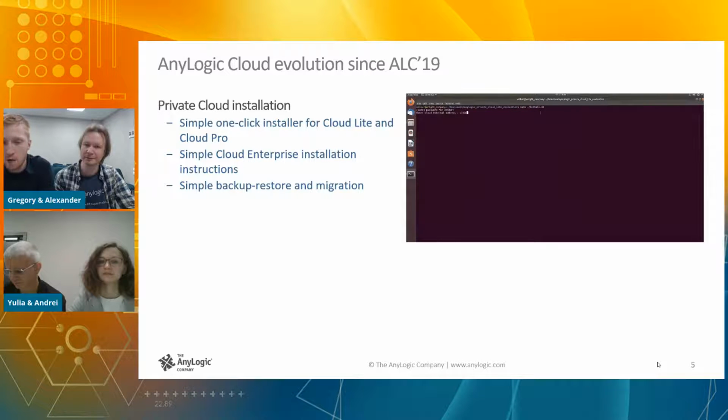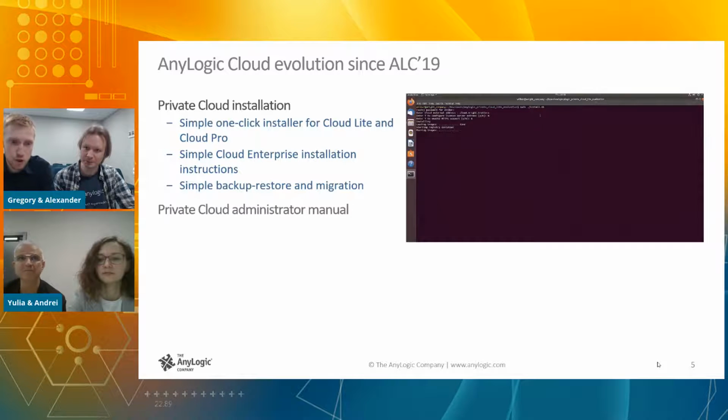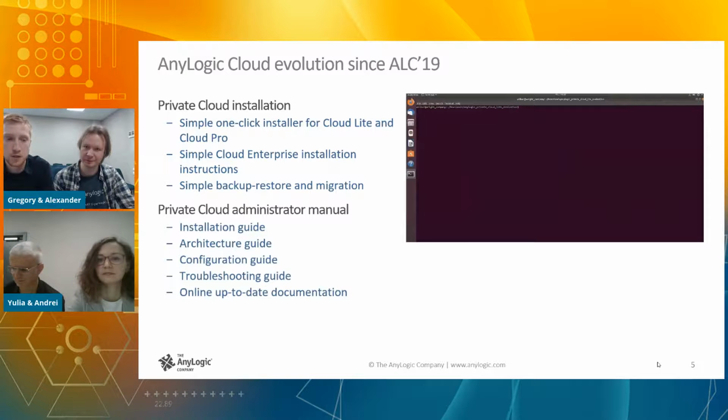In addition, each private cloud comes with simple backup and restore scripts. They are also one-click scripts, and it is very convenient in case you would like to migrate the cloud. We also provide a comprehensive administrator manual which comes with installation, architecture, configuration, and troubleshooting guides. These guides are helpful at each part of the product lifecycle.